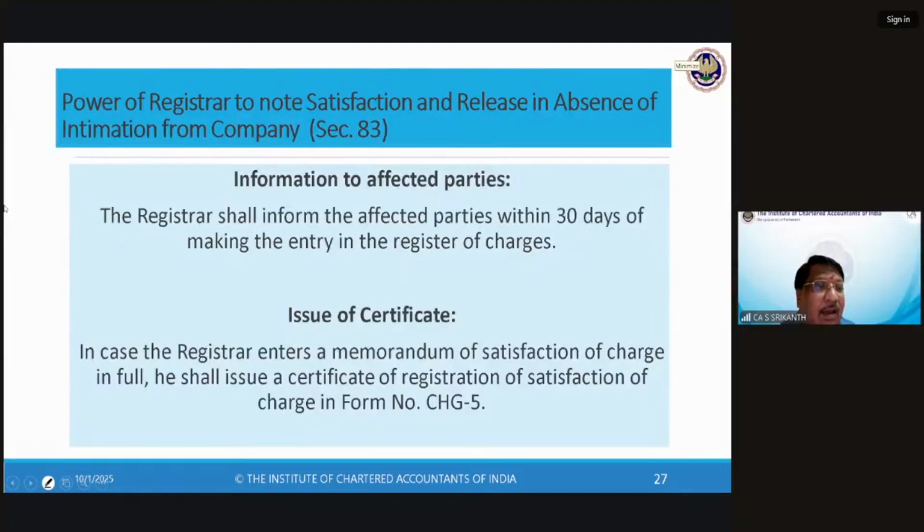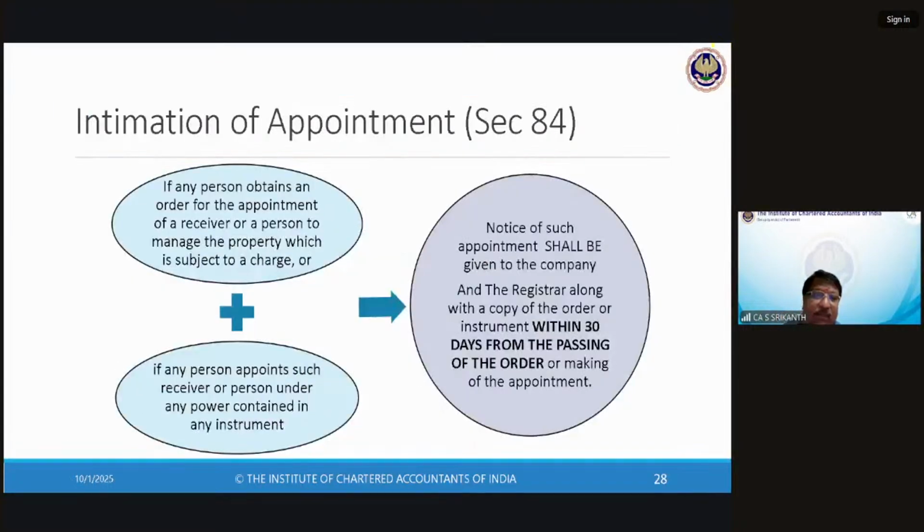5 भी है, 8 भी है. क्या है 5? क्या है 8? 5 is memorandum of satisfaction. Certificate of registration of satisfaction is 5. And the application for this,